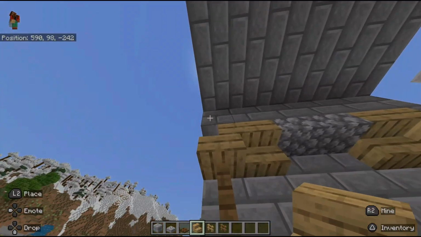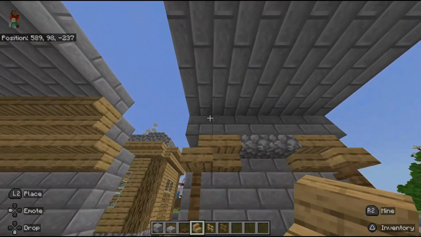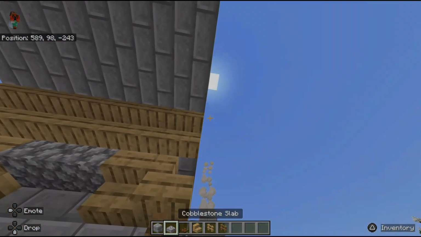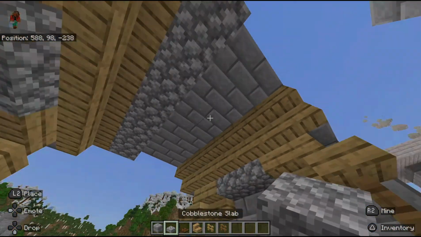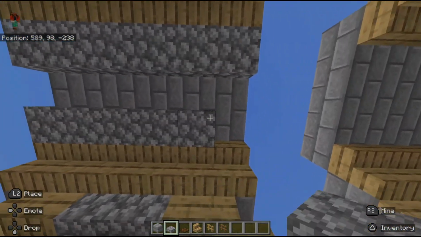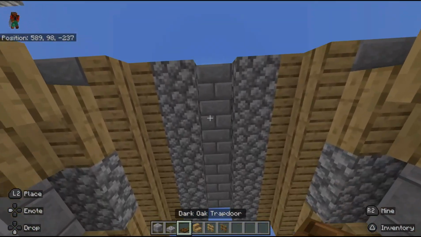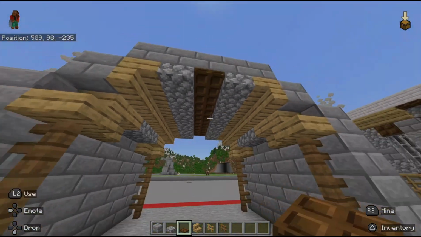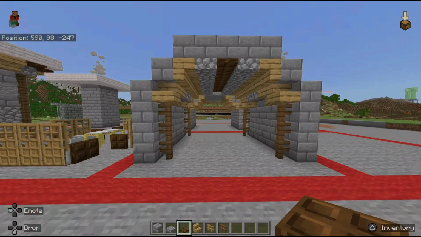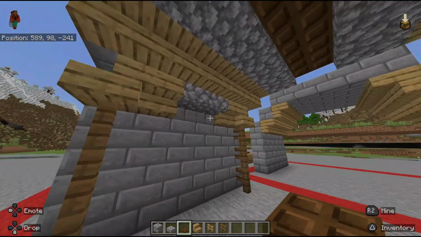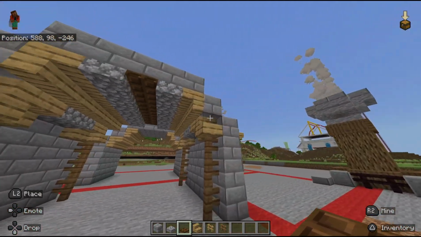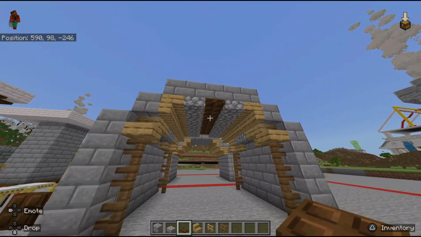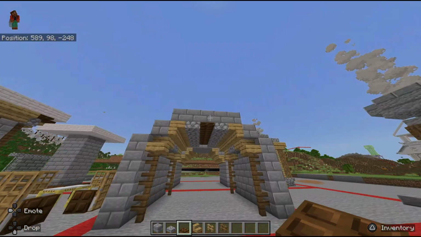All right, now what we're going to do is put a second layer of stairs on the top. And then we're going to put some slabs, so it's going to get smaller and smaller. And then we are going to put trapdoors of your choice if you want. So the arch kind of gradients. This is just some design right here, but it gradients up into a smaller and smaller